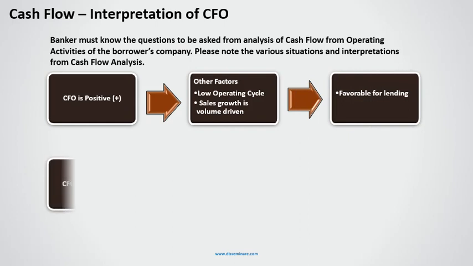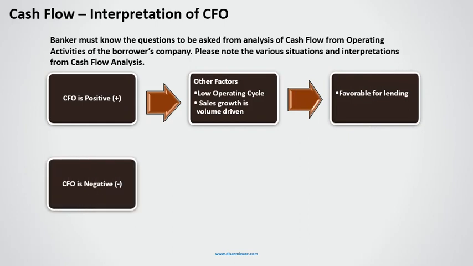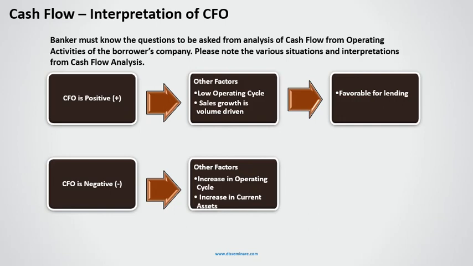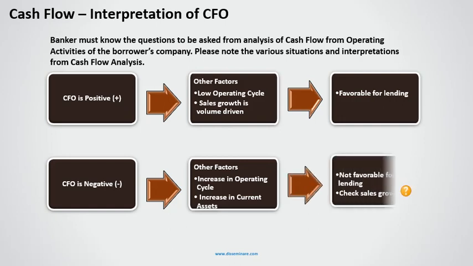In case 2, the cash flow from operating activities is negative, which implies that there is net cash outflow from operating activities. The other factors observed are: 1. Increase in operating cycle and 2. Increase in current assets. The banker must consider this borrower as not favorable for lending and the banker must check